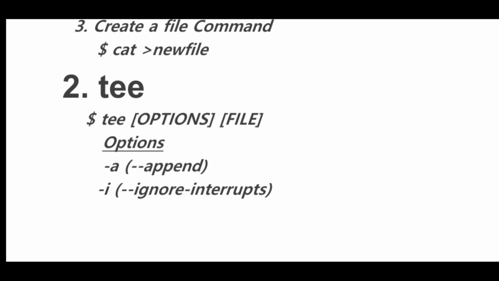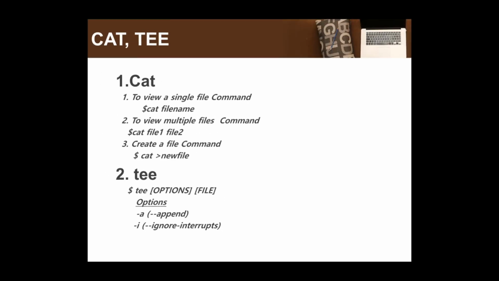Apart from the main command, we also have options when it comes to tee. The first option is -a, which is used to append to the files. And -i is used to ignore interrupts. In many scenarios we may come across interruptions, so if you are using tee with this option, it will ignore them and not display them.